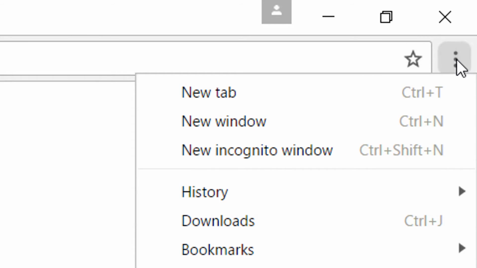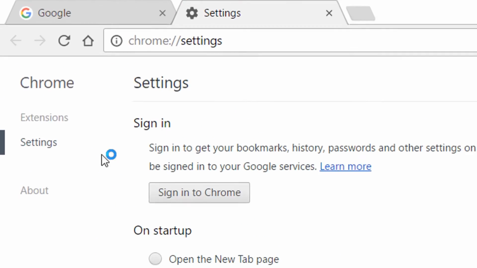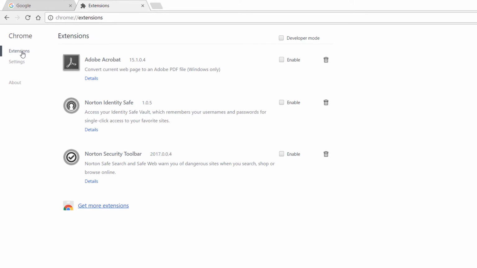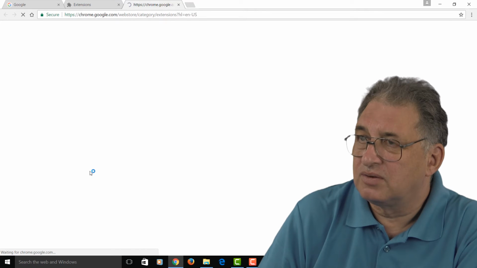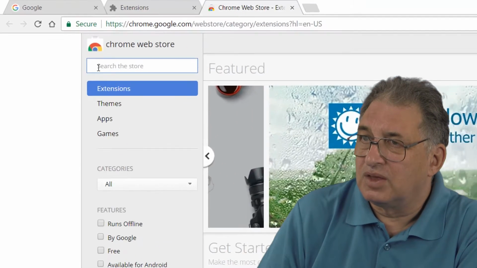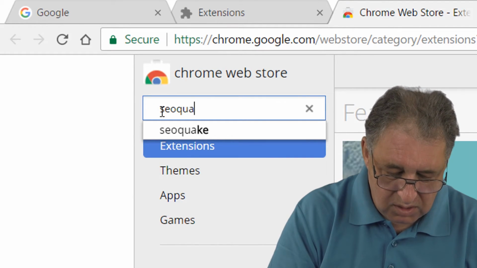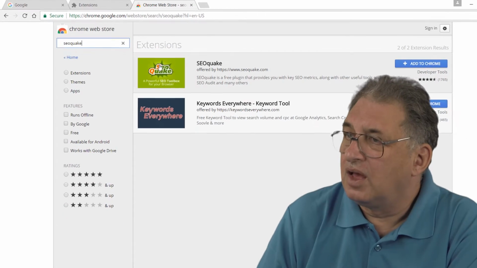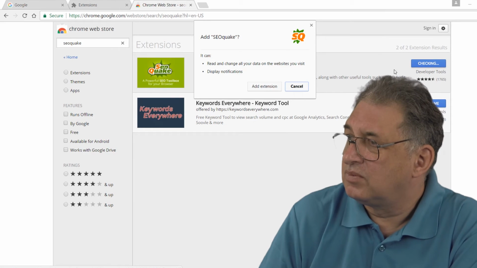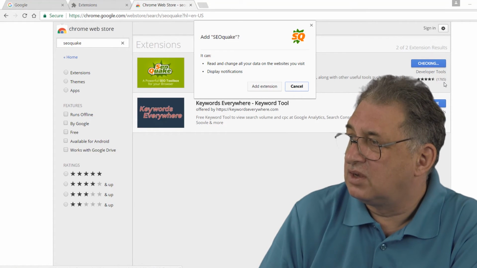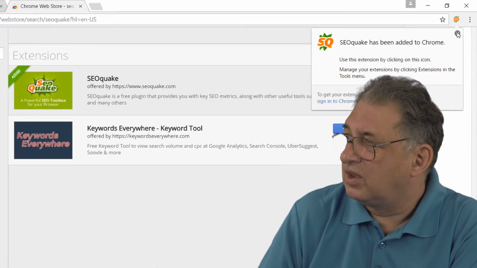If you've got Google Chrome, the installation method is very similar. You just simply click up here, go to settings, go to where it says extensions over here, and if you want to add a new extension where it says get more extensions, you click on that. In here you just search using the phrase SEOquake, and there we are, there's SEOquake, and you click on here where it says add to Chrome. As you can see, it's got very nice reviews and lots of them. So I'll just click here where it says add extension, and there you are, it's now up there